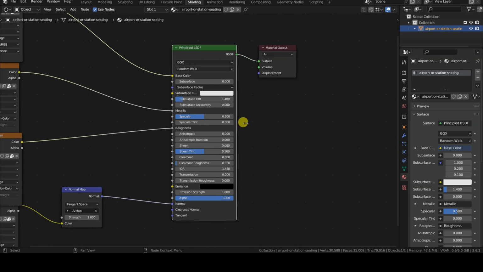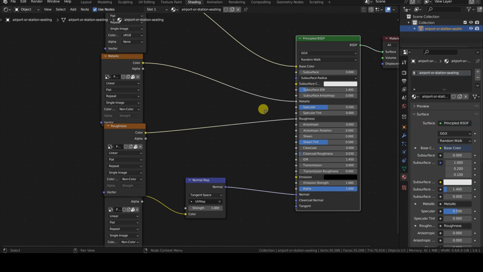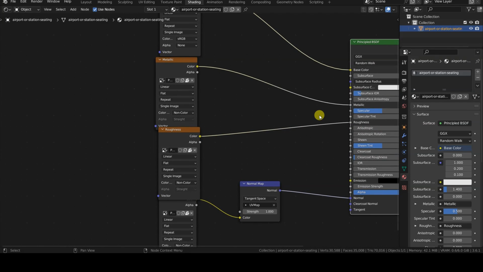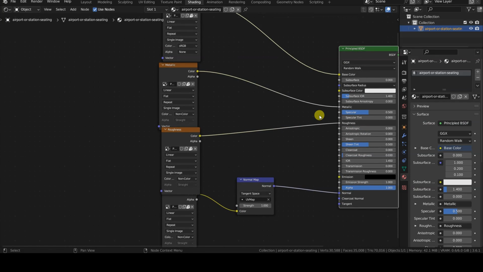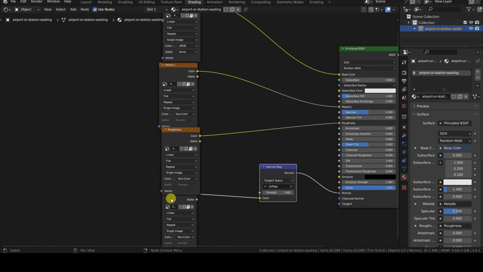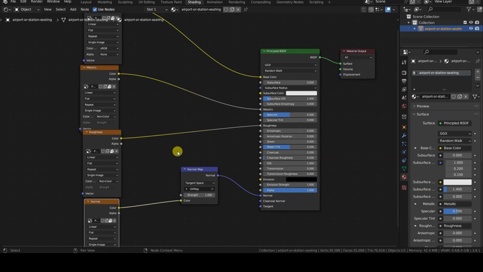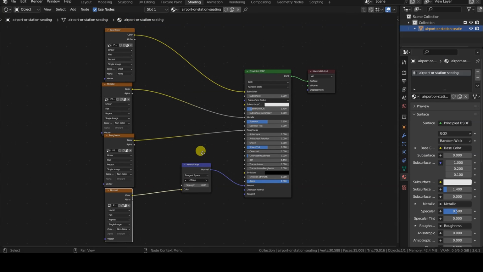In addition, you can use the normal map node to correctly convert the image texture of the normal channel into a normal map. It is not possible to export procedural textures unless we first bake them to convert them into UV mapped image textures. Maybe I'll talk about this topic in another video, if you want.